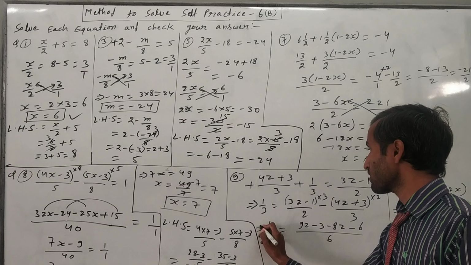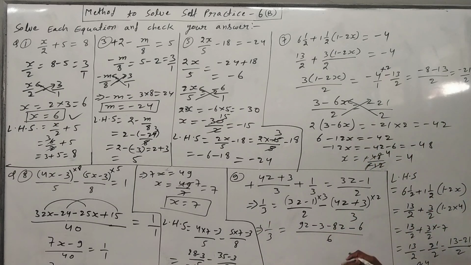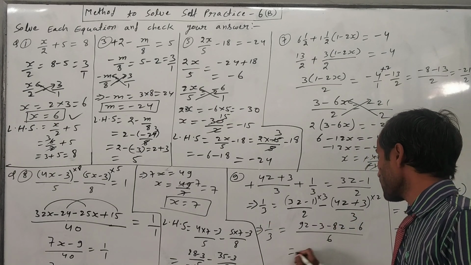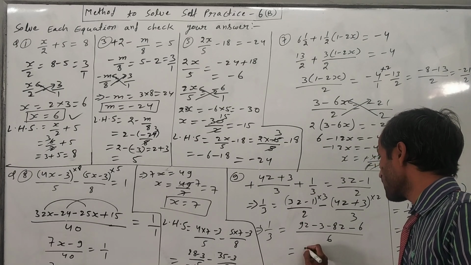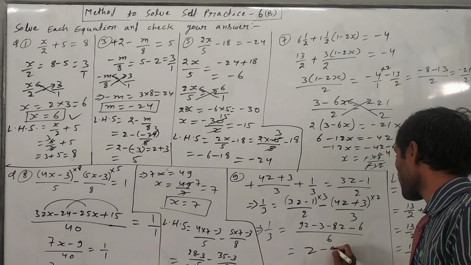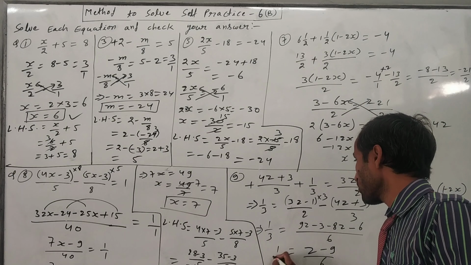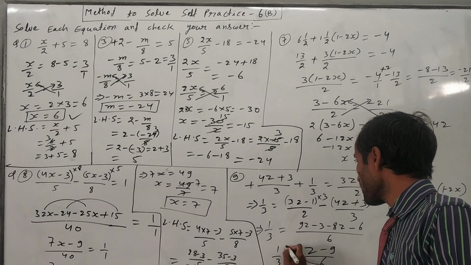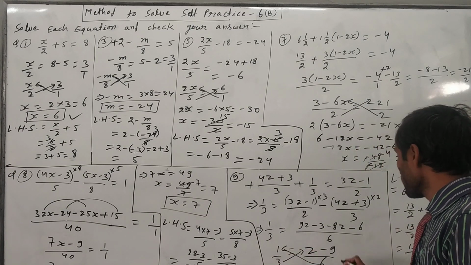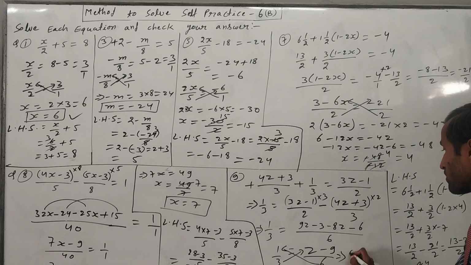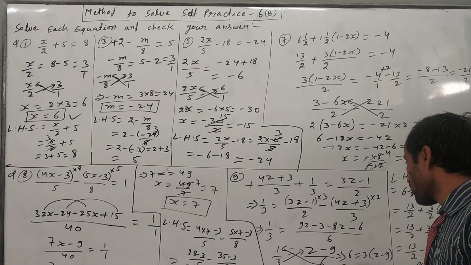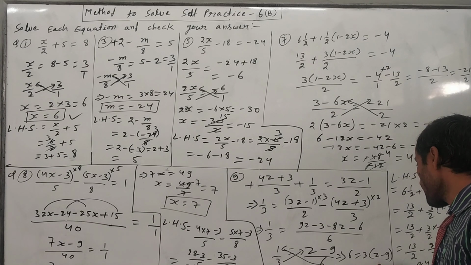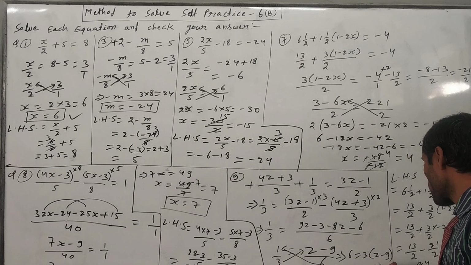So just write it down as it is. Now we will simplify. So 9z minus 8z, it will come z, 1z, and minus 3 minus 6, minus 9 upon 6, equals 1 upon 3. Now here do cross multiplication again. So we will cross multiply 6 into 1, 6 will come, is equal to 3 into (z minus 9) will come. Okay. Now just multiply, you will get 6 is equal to 3z minus 3 nines, 27 will come.